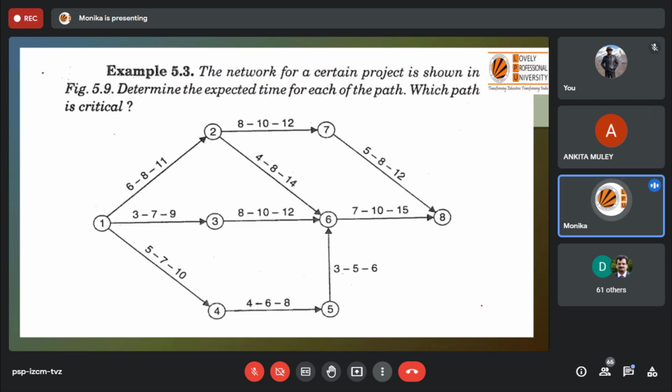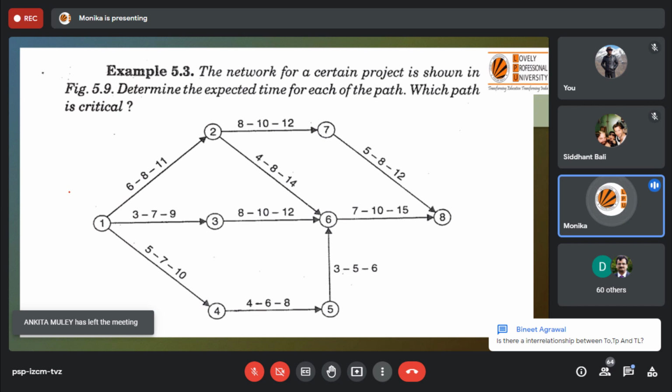Now, continuing with this example, you can see a network diagram is given. Okay. And you can see in this network diagram, many paths are there. I hope now when I'm using this word path, you clearly know this word. Now you can tell me in the chat box quickly which paths are there. And I have discussed with you about critical path. So